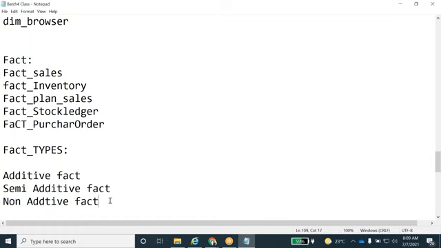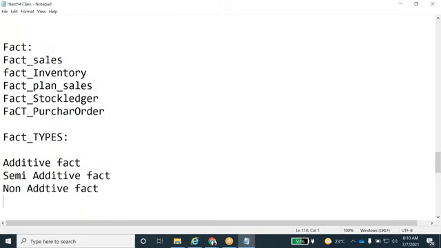Those kinds of facts we call non-additive facts. Example, derived measures or ratio kind of measures. Example, profit ratio.